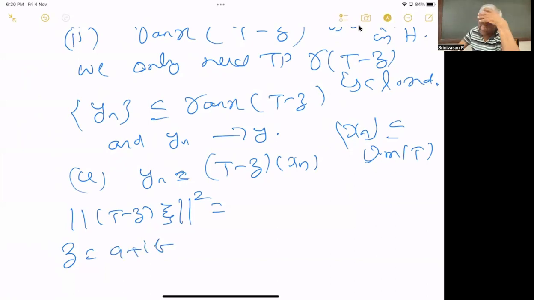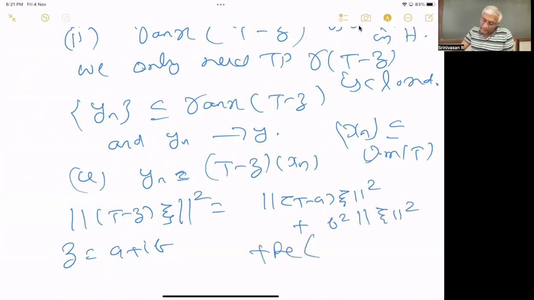Xi is a vector. I don't want to write xn, you can write xn minus something for a general vector. This is equal to t minus a plus ib, right, minus ib. So this will be the norm of t minus a xi square plus, I square will go away, so b square will come out, times b is real, times norm xi square plus real part of 2 times